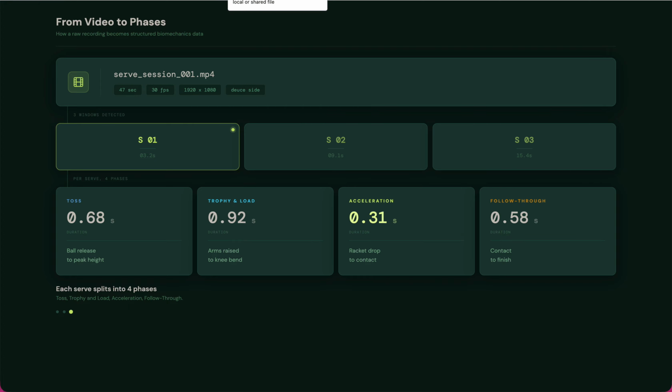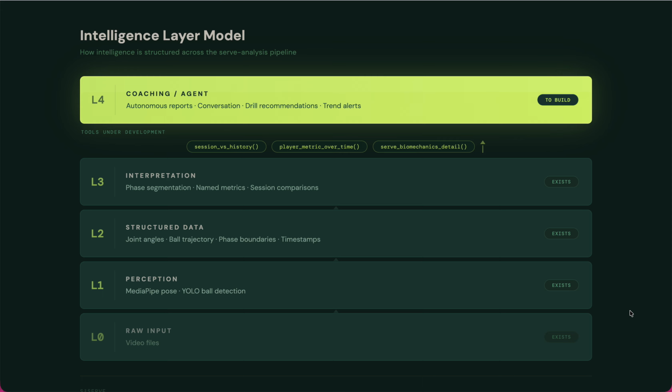Why is it that we can't just apply AI to this part, right? Why can't we just apply AI to the serve video itself? The way I've been thinking about it, not just for this project, for other projects, is that you would need very good data as a starting base if you want to apply AI to anything. Your very first version would be just uploading something into an AI chat tool to get some information, but one, it's going to be expensive. It's not going to be consistent. You will not be able to have metrics to compare over time. There are so many things that you'll not be able to do.